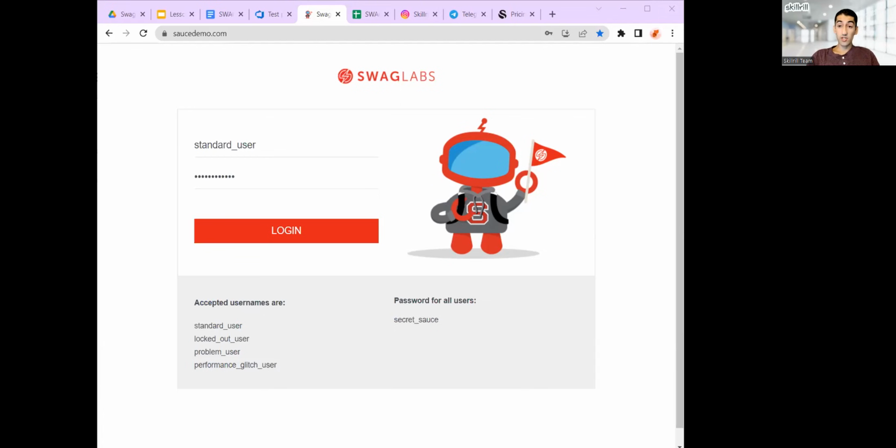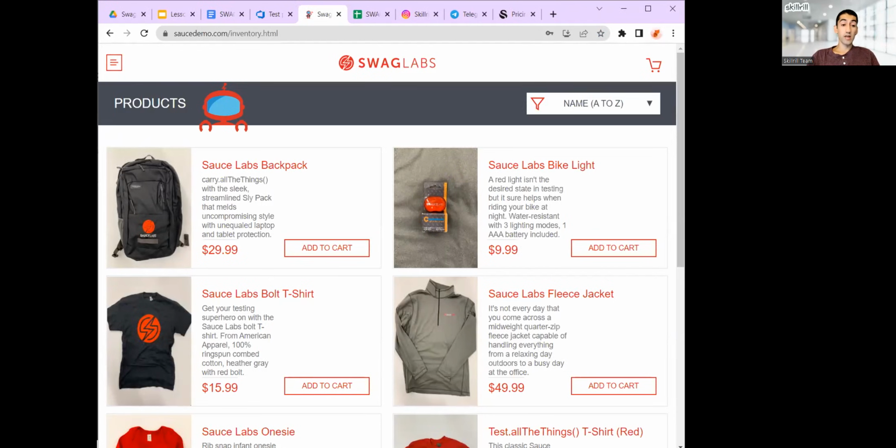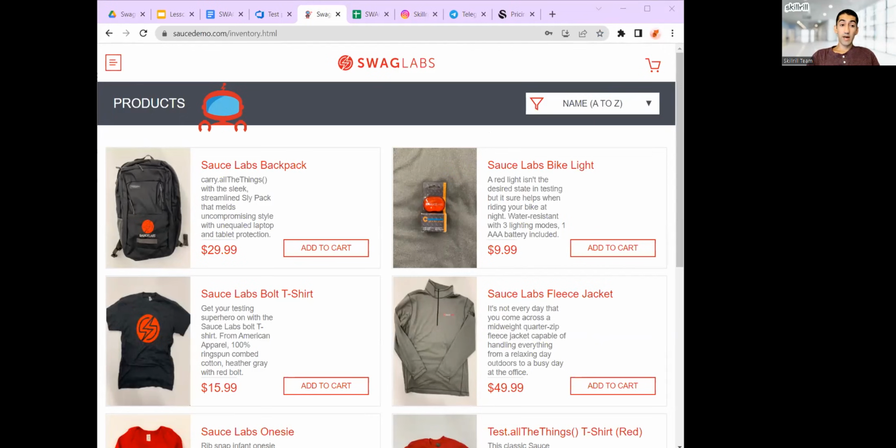That's like an industry standard. Then click on the login. All right, so the next step would be we're going to click on the login. It took me to the product screen. I didn't see any error message or anything out of the ordinary. So, we passed. So we're just going to pass everything.